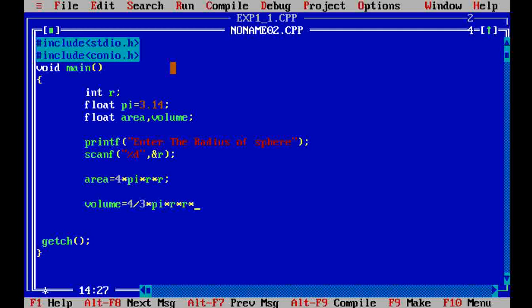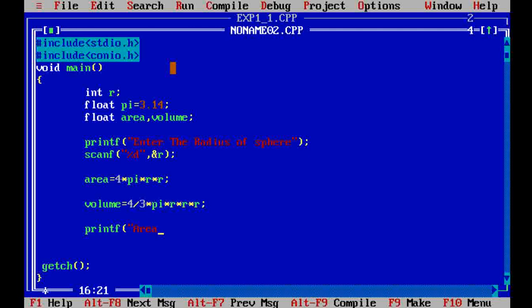R cube. In this way we'll get the two results, first area and second volume. Then print of area.